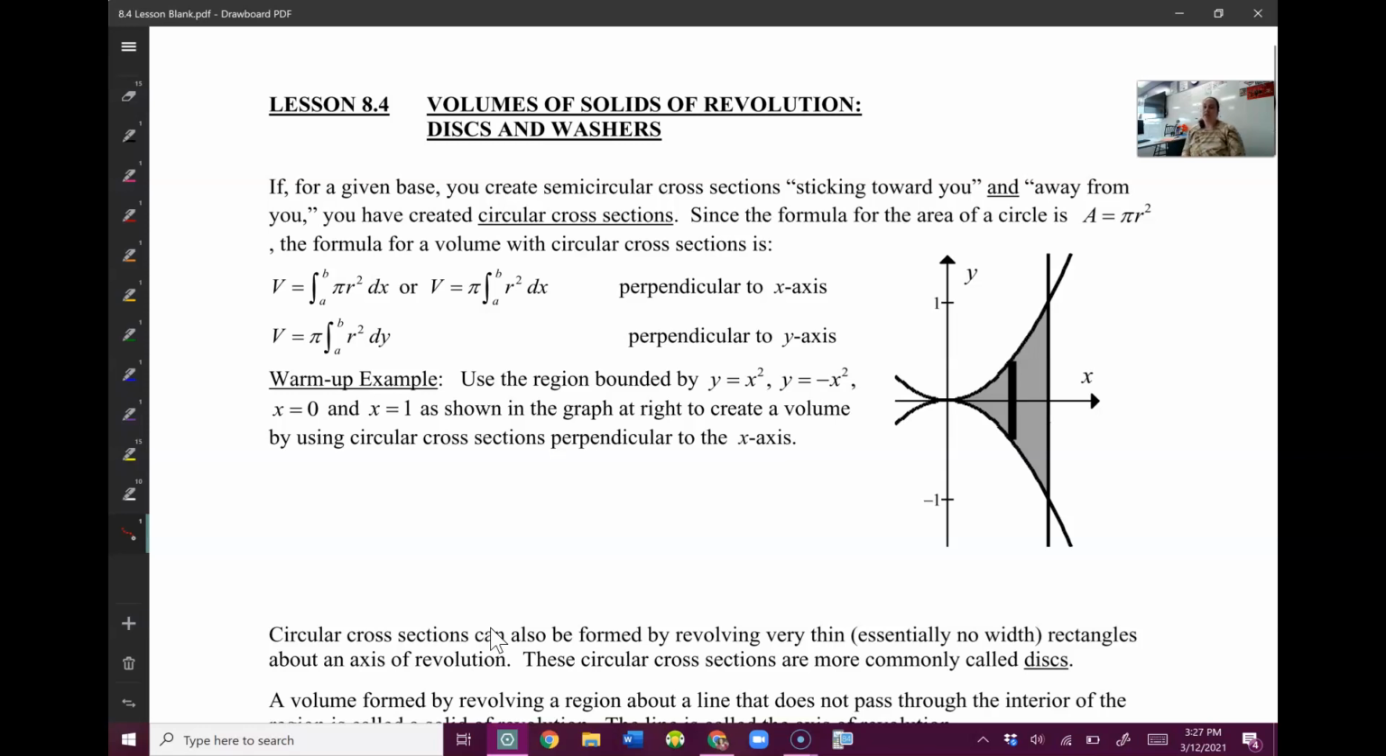Once again, we're going to spend a lot of time trying to visualize this. So the idea behind this one is you take a shape and then you're going to revolve it all the way around to see what kind of shape it makes by rotating it. So, for example,